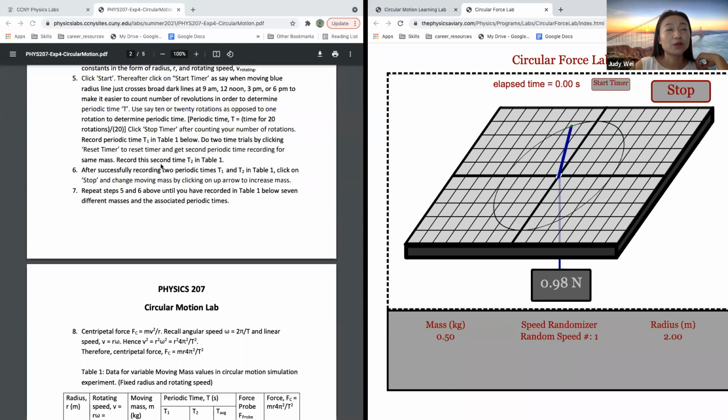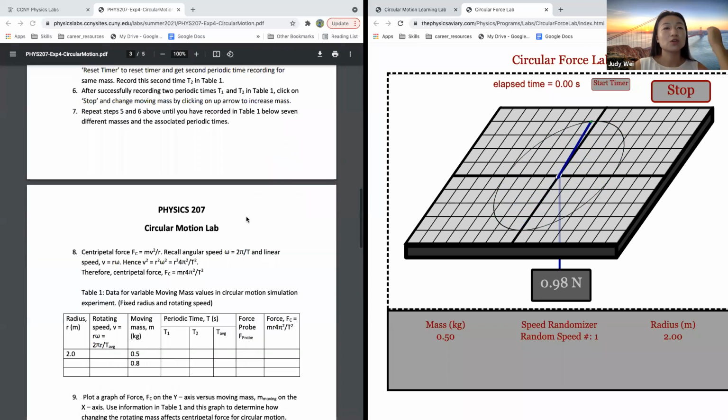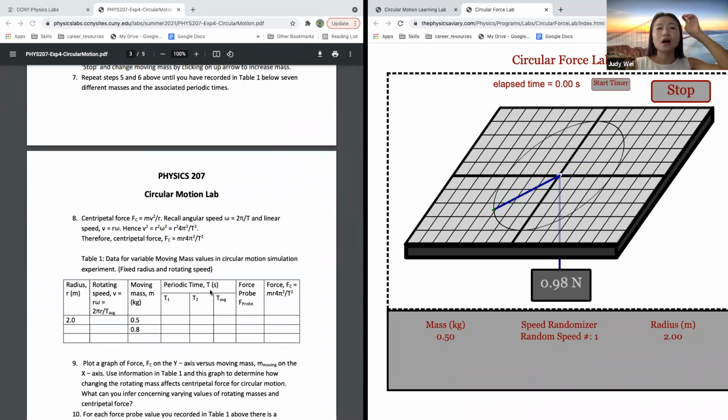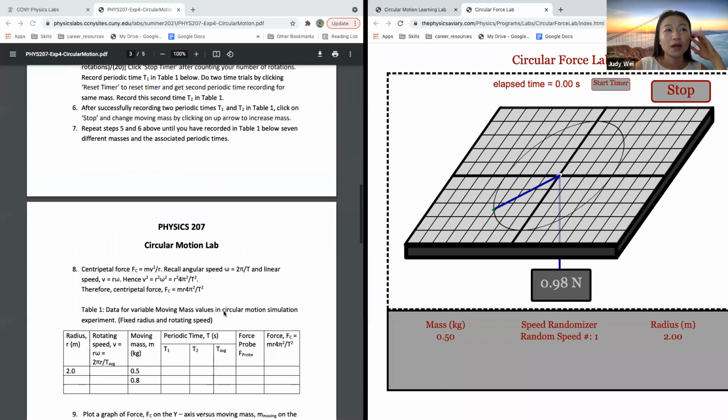And record this time T2 in the table. So you basically do 2 trials while you're counting your time. So you do 2 times and take the average here. And then we repeat and increase the mass. And since we have the periodic time here,